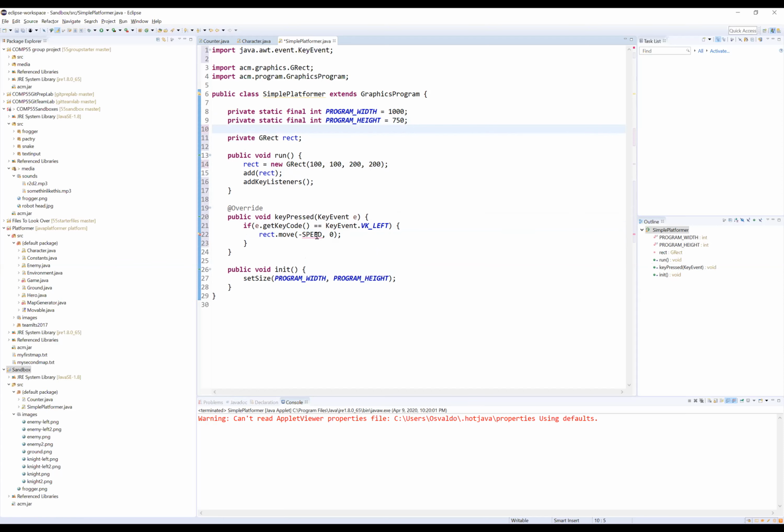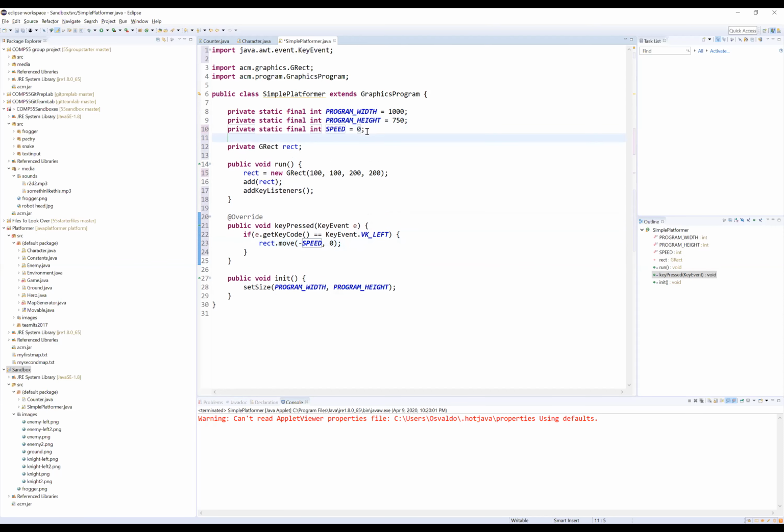And then again, we'll just make the constant up here. Make sure, okay, good, that it has the integer. And we'll say maybe the speed is, we'll make it 10 pixels right now. Okay, so let's go ahead and try this out, just to see if we press the left key, if it